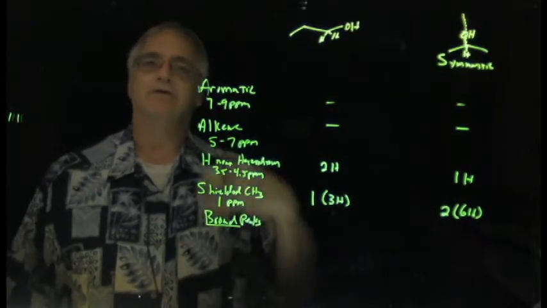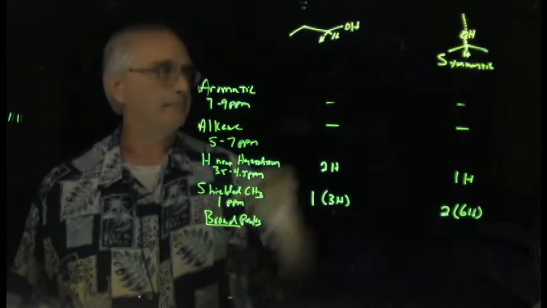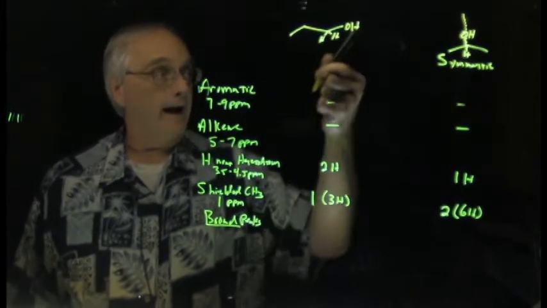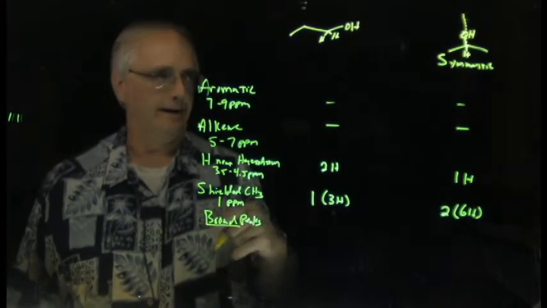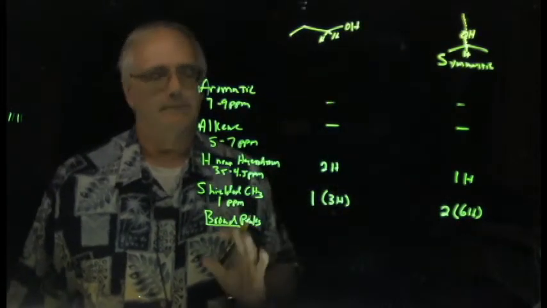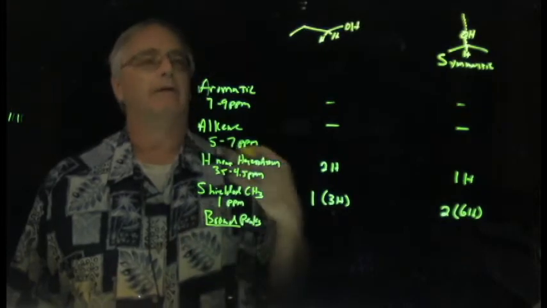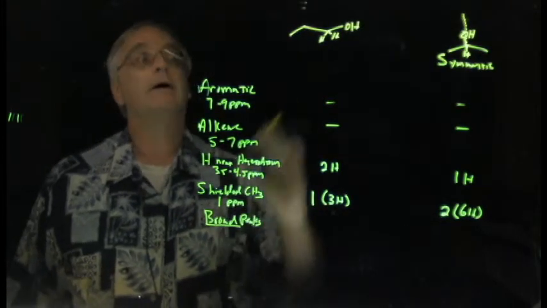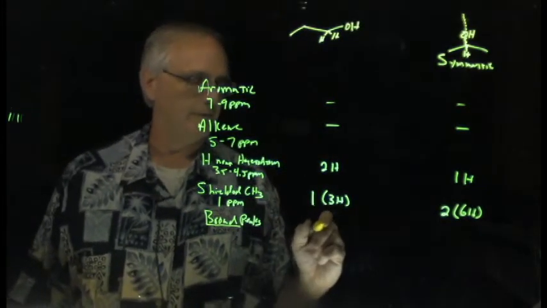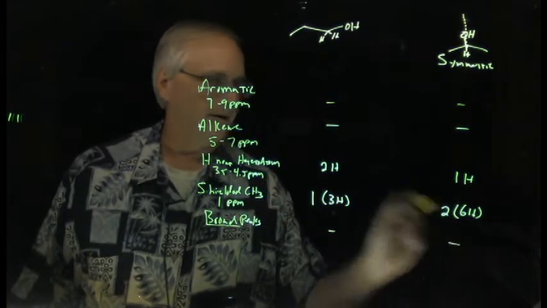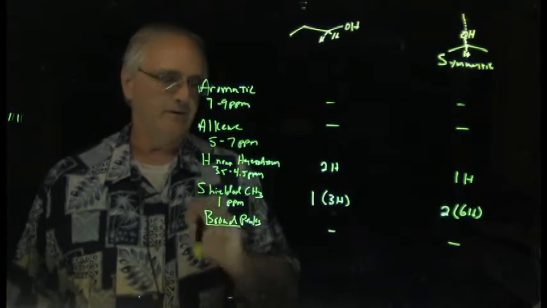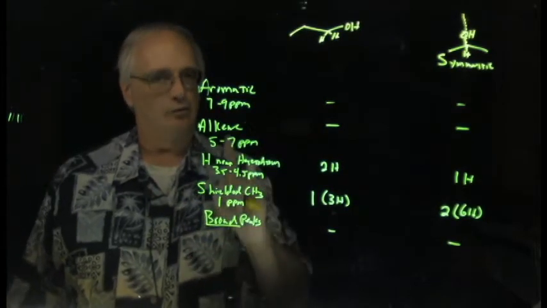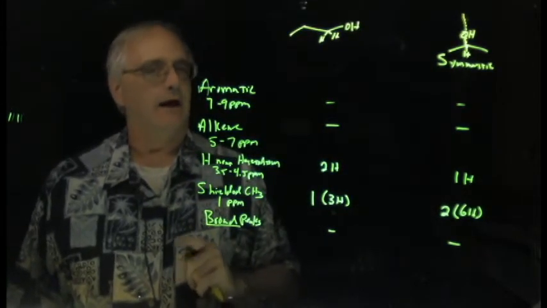Broad peaks, hydrogens sitting on a heteroatom. They both have it, okay? And it's not a carboxylic acid, so it's not going to be way on the downfield side of things. Hard to know exactly where it's going to be. It's very dependent upon the solvent, very dependent upon how wet the sample is, but there will be broad peaks for both of them. But that is not going to be able to tell the difference between them. So out of our 5 best friends, 2 of them give us some really clear indications